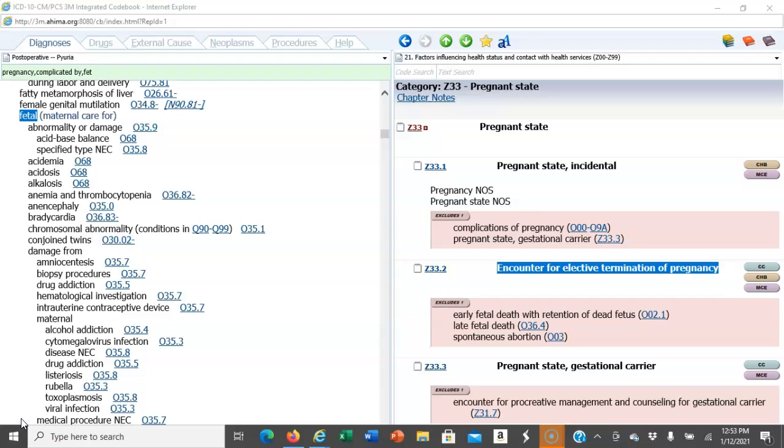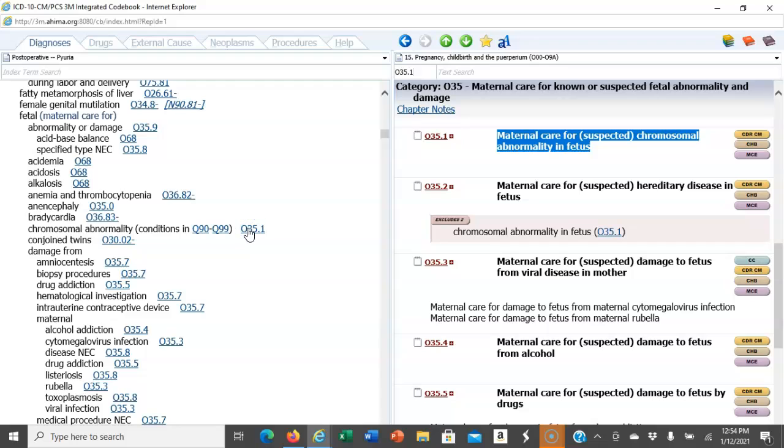So we also need to have a code that reflects that we have a fetal chromosomal abnormality. So in the index, we would put pregnancy complicated by fetal, and then we would find chromosomal abnormality. And this code has some Q codes here. We would not apply those Q codes at all. These are conditions that if we coded them, they would be coding to this category, but we're not coding them because the conditions are of the fetus, not the mother. So our code is